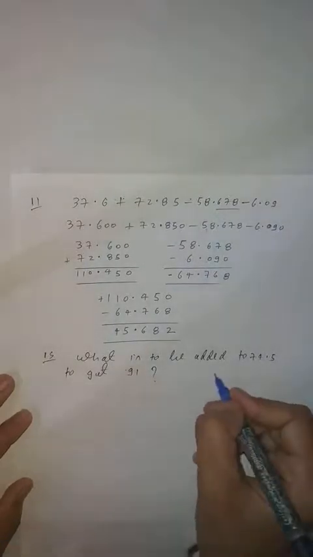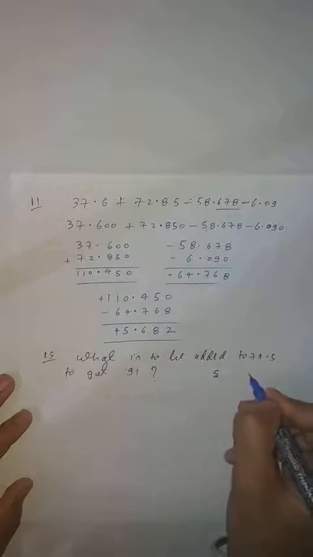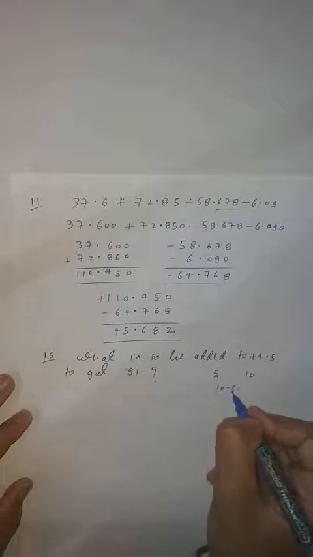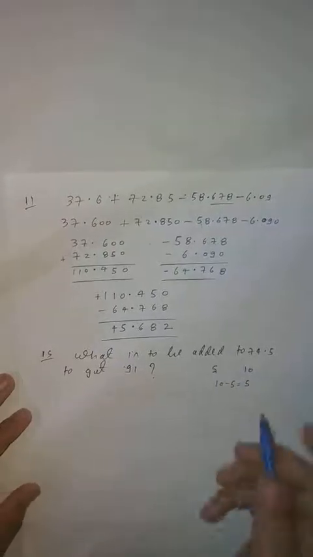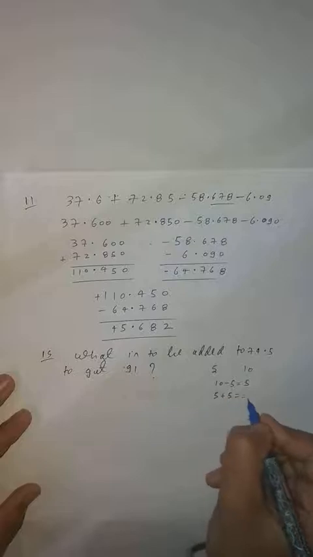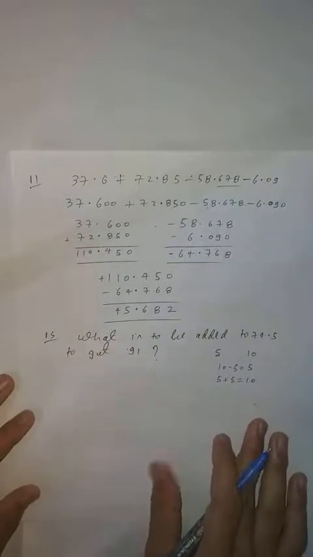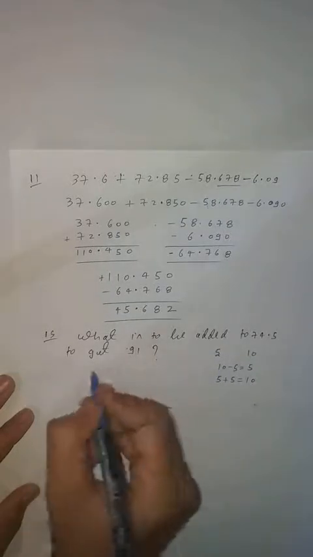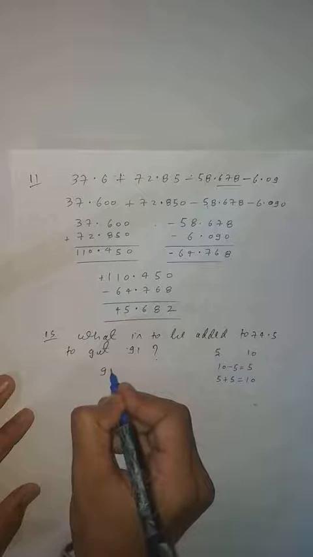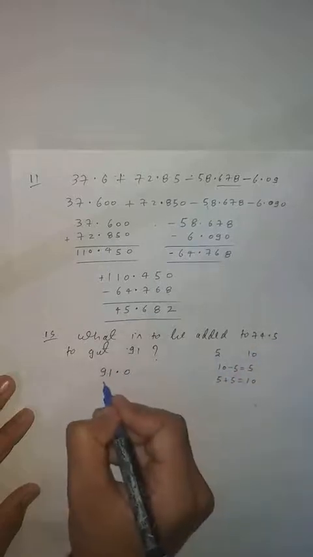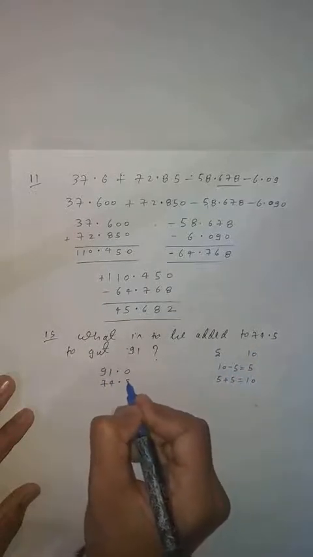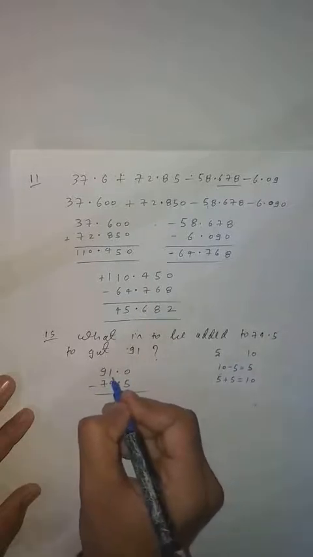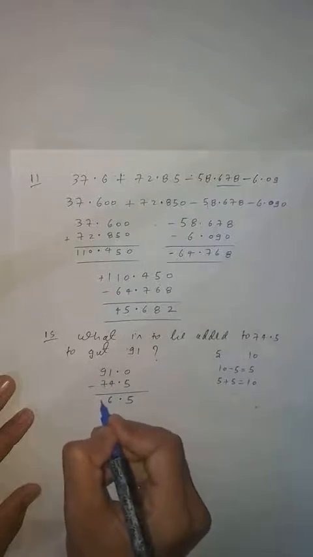This is the same as what you will add to 5 to get 10. Clear student? So what you have to do, simply you will subtract both of them, the answer will come. That is, when you add 5 to 5, the answer will be 10. So similarly you have to follow the same process. You will subtract the smaller number from the greater number and convert into like decimals. So 91 will become 91.0 because here after decimal there is 1 digit, and 74.5 the same, and you have to subtract. Okay, so 10 minus 5 it will become 5, 10 minus 4 it will become 6, 8 minus 7 it will become what?